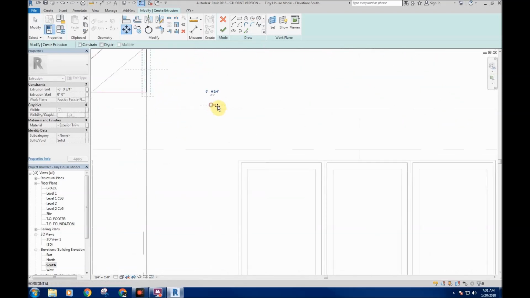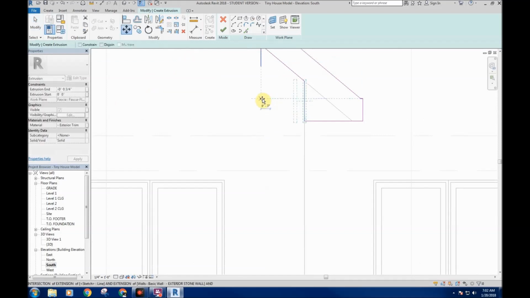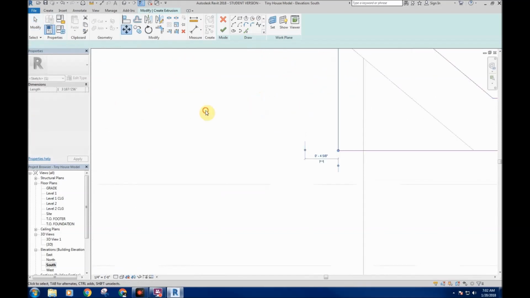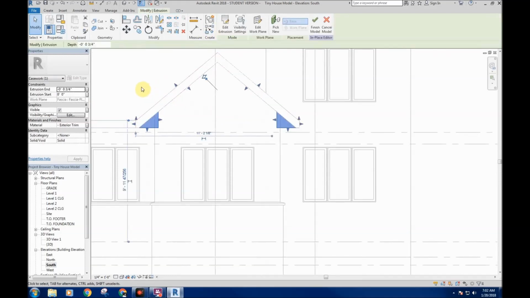So if I make those, let's say I go like 3, we'll go 3.5 there, and 3.5 here. There we go. Okay, so then I can hit my check mark again,